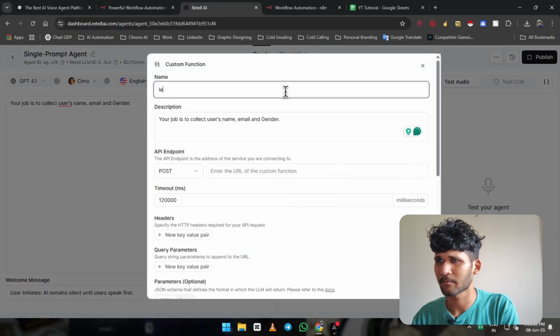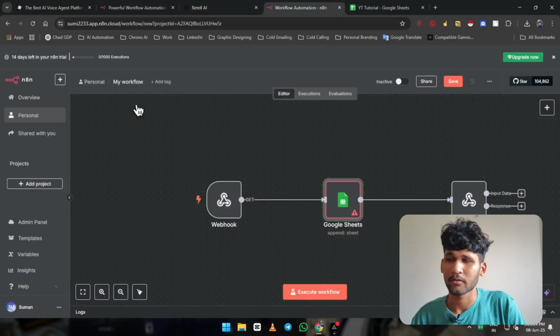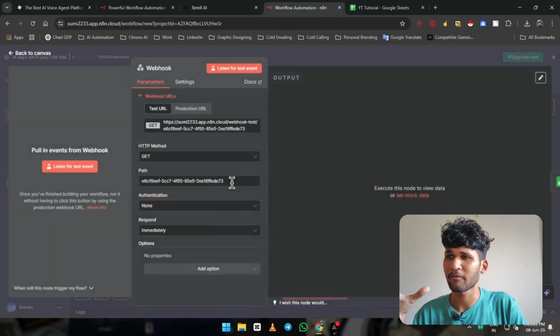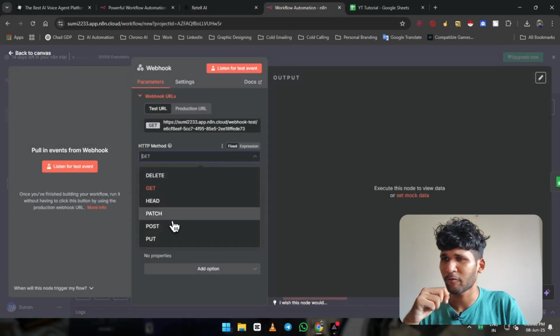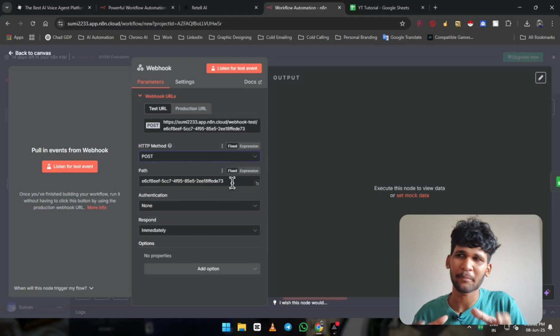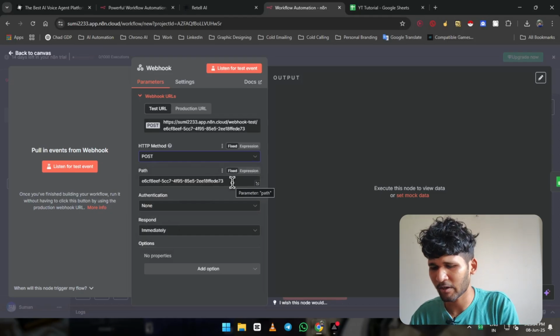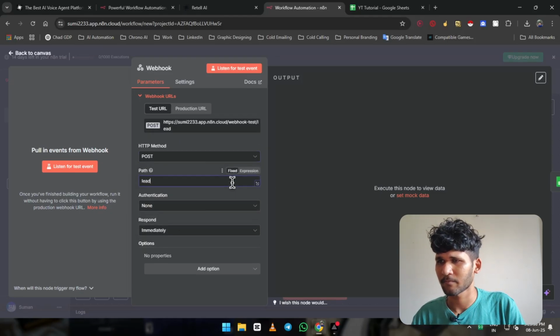Lead capture. Then it is going to be POST. Remember the webhook configuration: you have to put it on POST, and if you are going to have multiple webhooks here, you can also give it a name, which is lead capture. Other things you don't have to do.